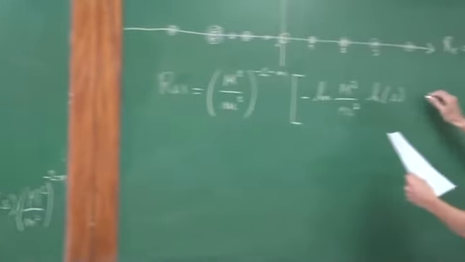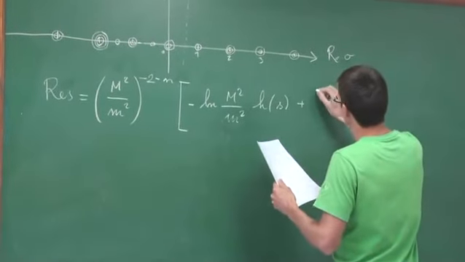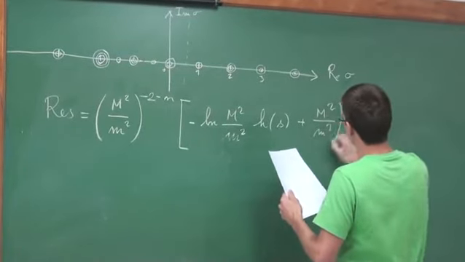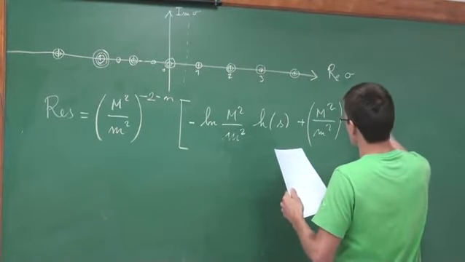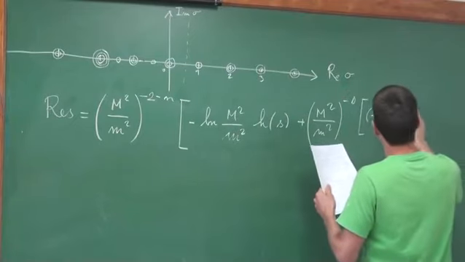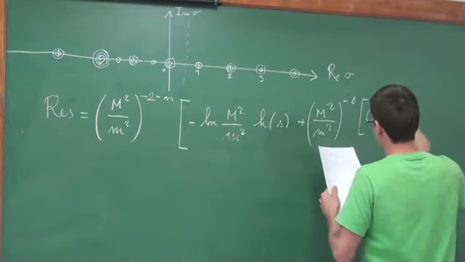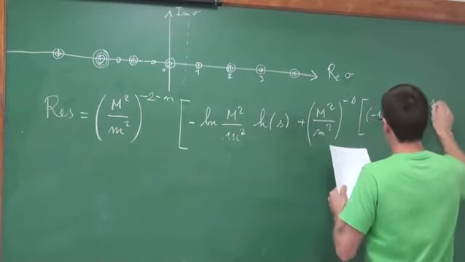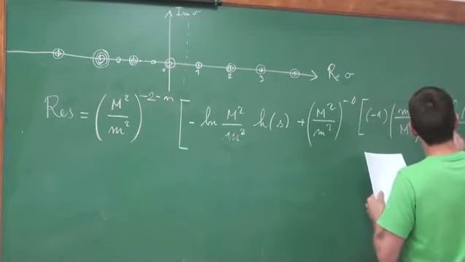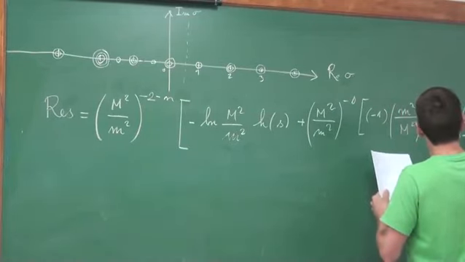I write everything, and afterwards I will explain: m squared over m squared to the power minus s times minus 1, m squared over m squared, minus s h_s divided by minus 1 minus s minus n, plus